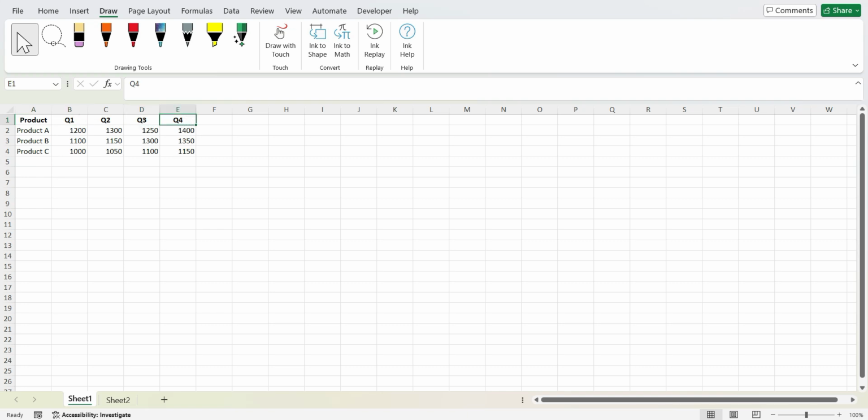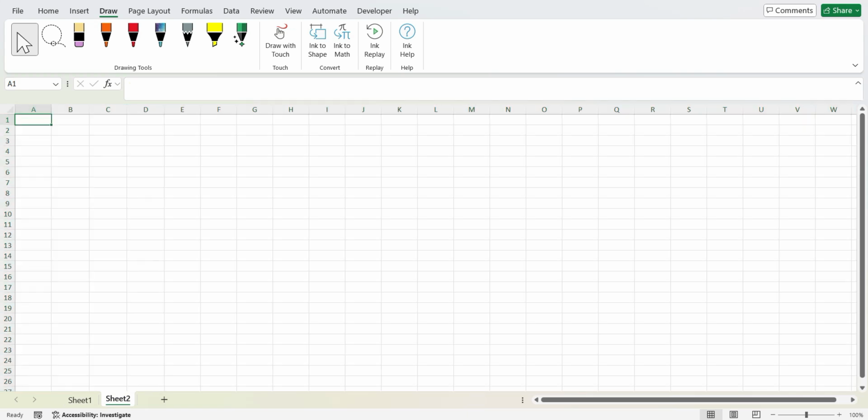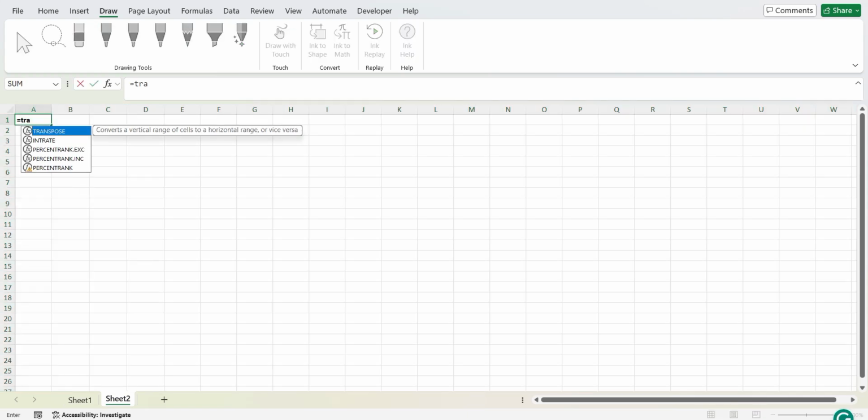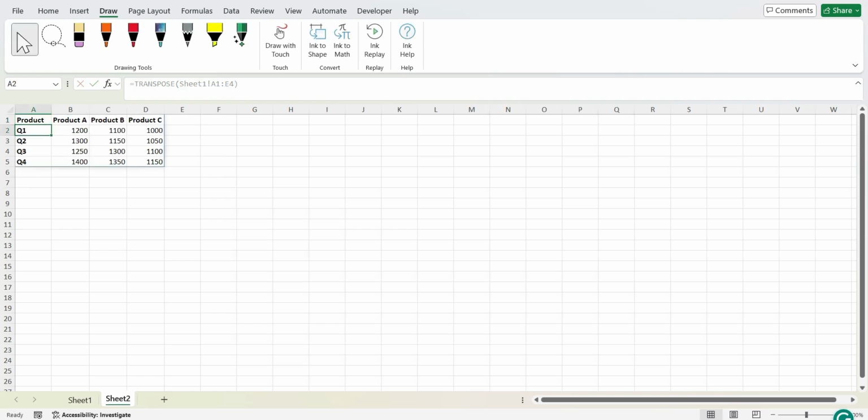And when your data set is big, it's hard to do manually. So, what we can do is use the transpose function here in Excel. So, type transpose. And then, go to the sheet where we want to switch the rows and columns. So, we just highlight the entire data set that we want to transpose. And then, there. So, to check,